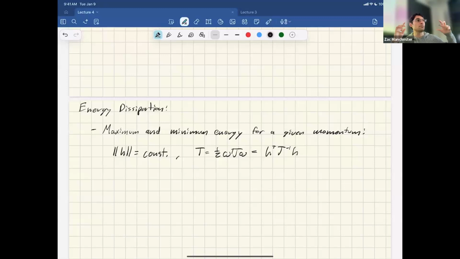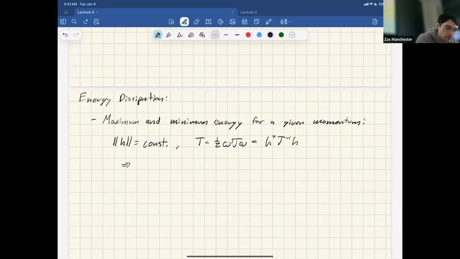So if we're given angular momentum, you're going to spin the fastest about the minor axis and the slowest about the major axis. And energy goes like omega squared. So spinning faster and slower has a big impact on this guy because it's squared. So if we just write that out, we're going to end up with